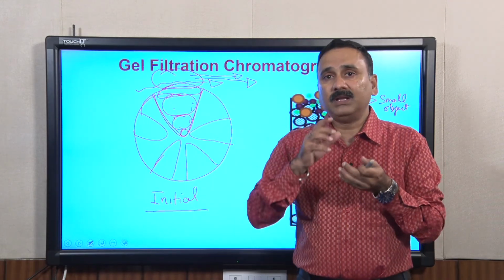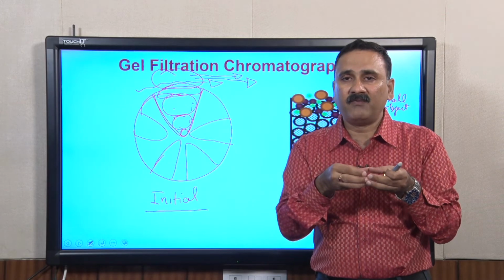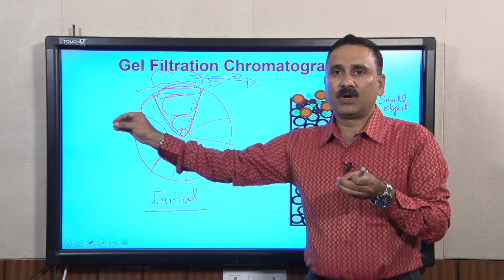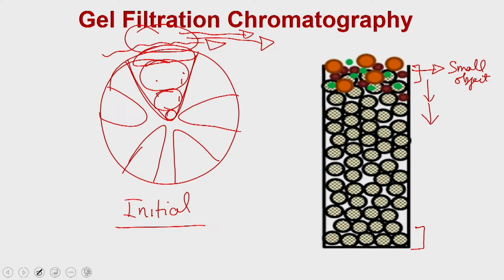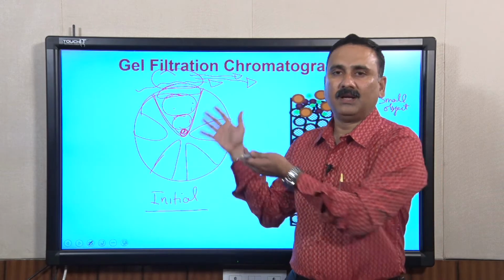That is why when the molecules are distributed from the buffer which is filled within the pore versus the aqueous environment outside, in the first layer when that distribution occurs, the objects are going to be filled at the bottom of the pore, and by the time the next molecule tries to fill into the same pore where the already existing molecules are present, it will get over and flow by the liquid,